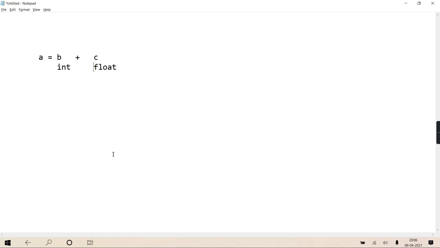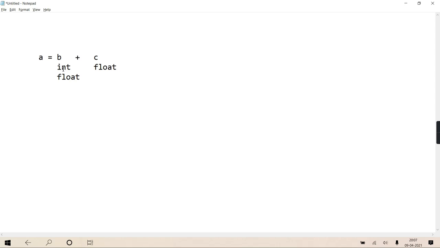According to Python's grammar rules, it is legal to do addition between integer and float. But for doing that addition, first it has to convert that integer to float, and then it will do addition between float and float.